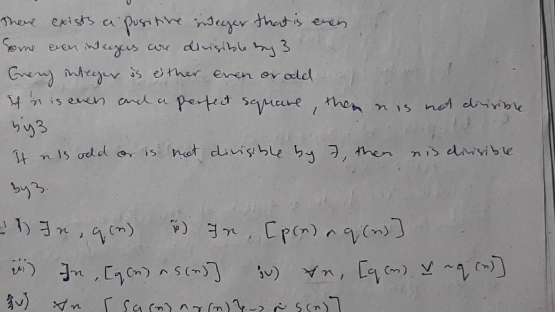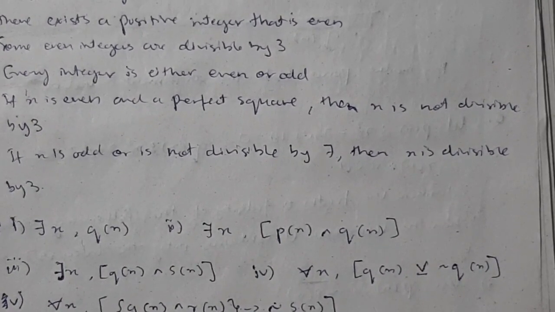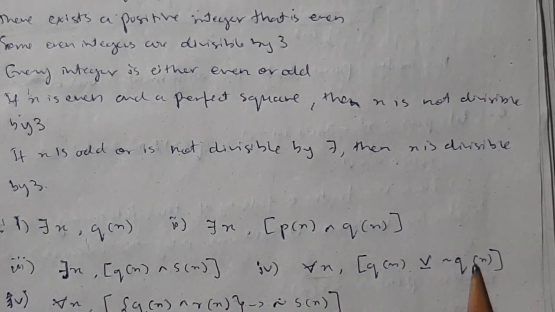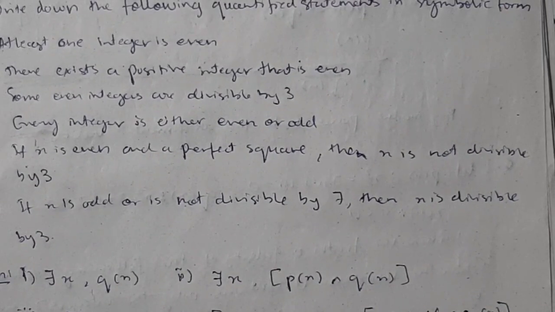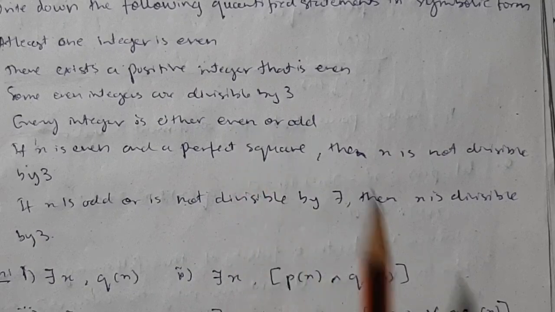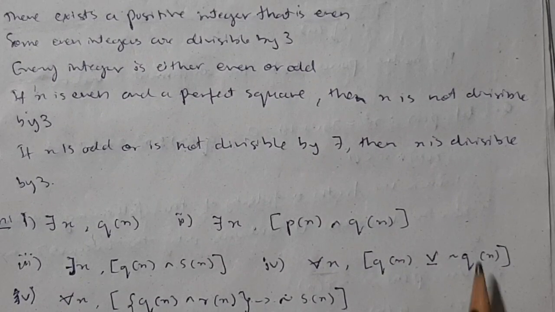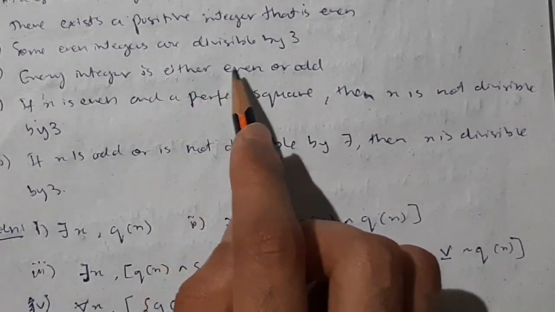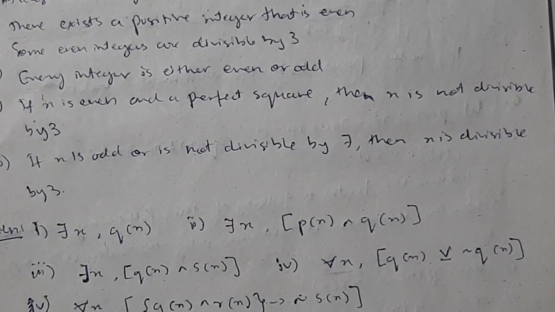And observe here, we are using exclusive OR, because in exclusive OR only one can be true, meaning q of x can be true or not q of x can be true. Both can't be true, because any number can't be both even as well as odd. It will be either even or odd, right? We can use OR also here, but then 1 and 1 would also be valid. If both are 1, it means even as well as odd. That's not possible, so we are using exclusive OR here.